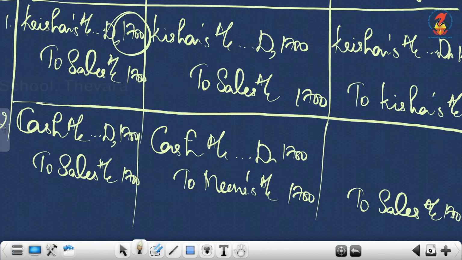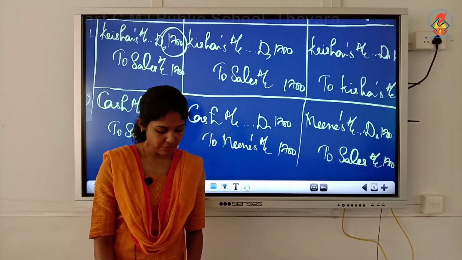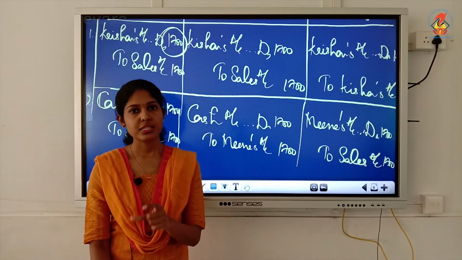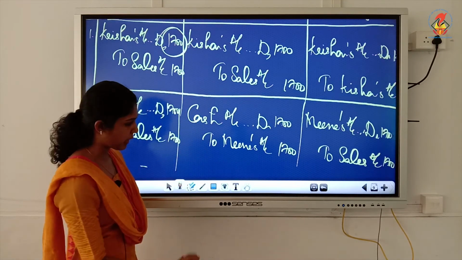Then Meena to be credited, Meena was wrongly credited with 1,700. Is it needed? Not needed. So we will cancel it. So debit Meena. Meena's account will be debited with that 1,700. Understood? So this is the rectification entry, Meena to sales 1,700. Then third one, all these transactions are similar. So third one, credit sale of old furniture to Prem for rupees 1,700 was credited to sales account. It is a fixed asset account, we can't write it in sales book, but we have recorded it as sales. So it is furniture sold to Prem.